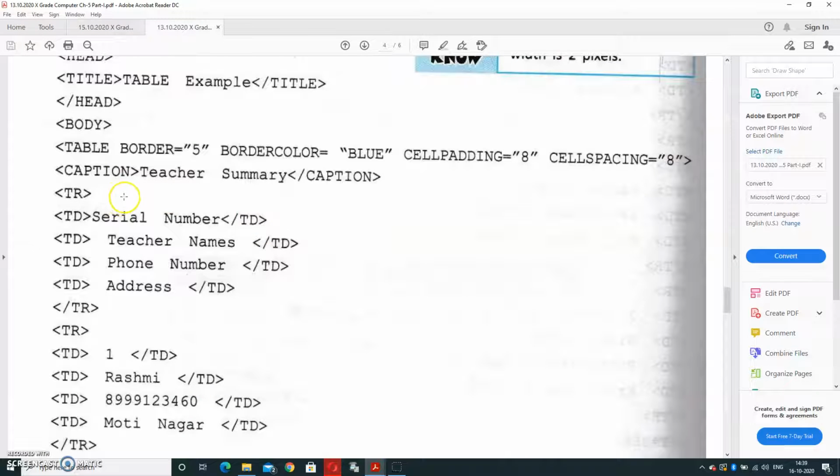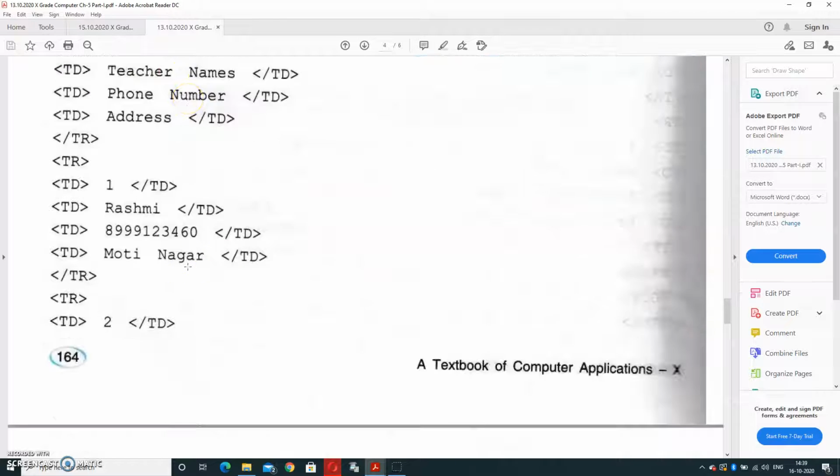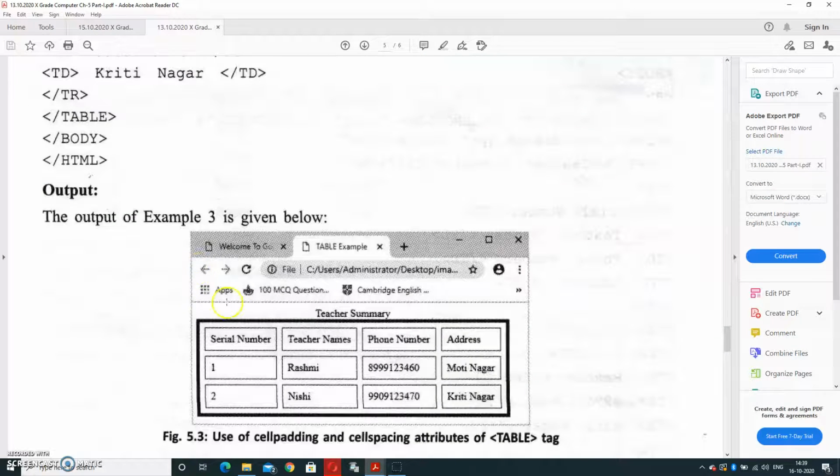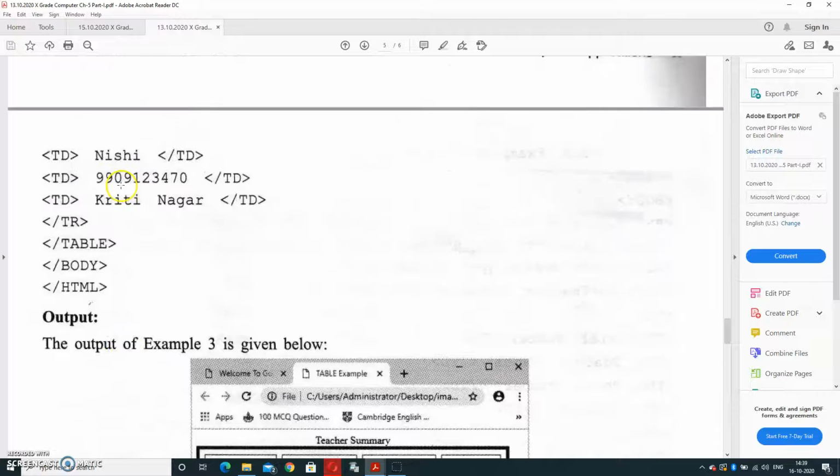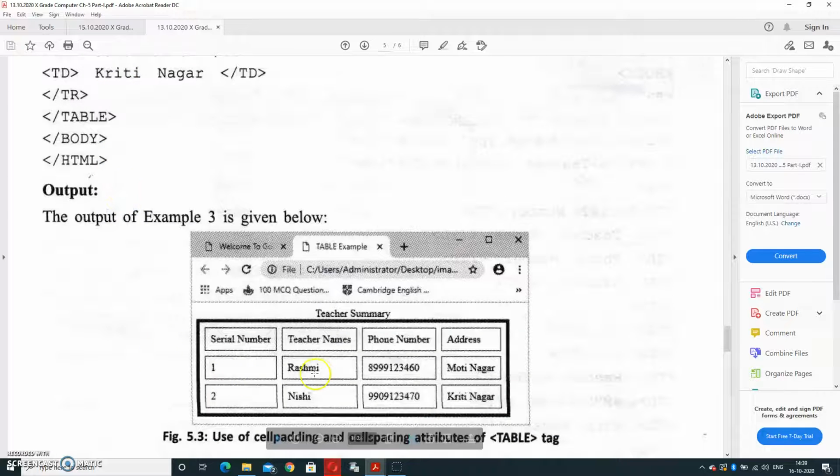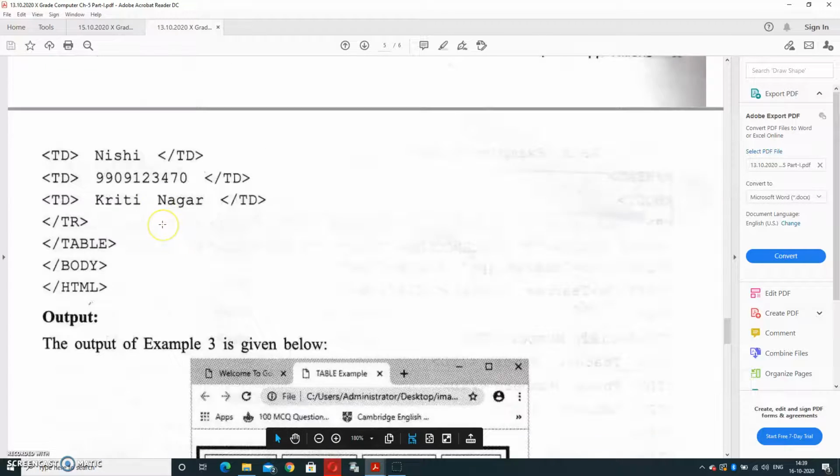Now the first row is serial number, teacher name, phone number, and address. This is general data, it is not a heading, that's why we use TD for it. And the second row is 1, Rashmi, contact number, and Moti Nagar.